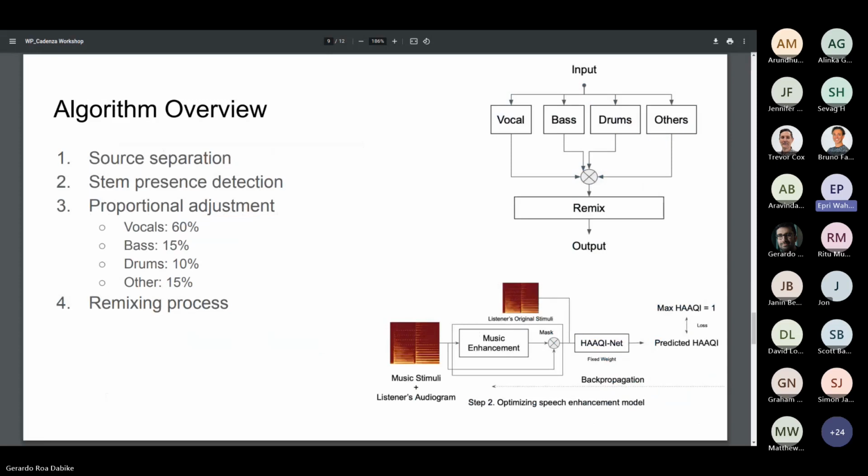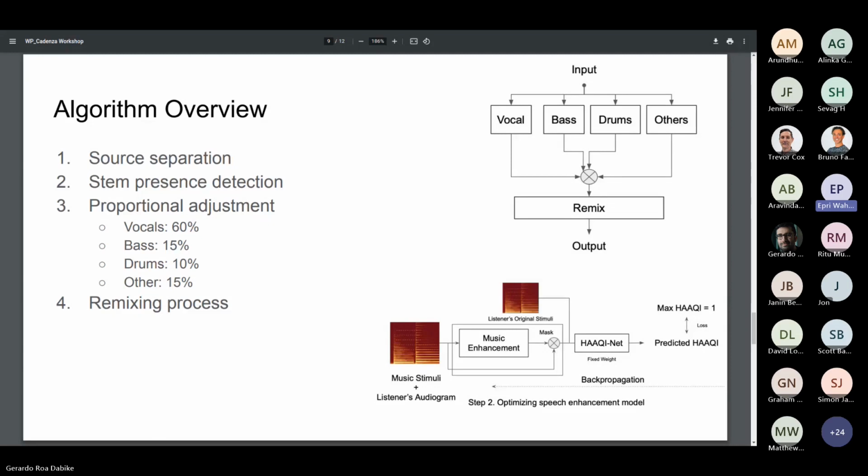Okay, as we can see in here, because we already have the HakiNet, we have the HakiNet loss as a function in here. Actually, we want to do some optimizations, so that the model will intelligently choose the proportion for vocals, bass, drums, and others.